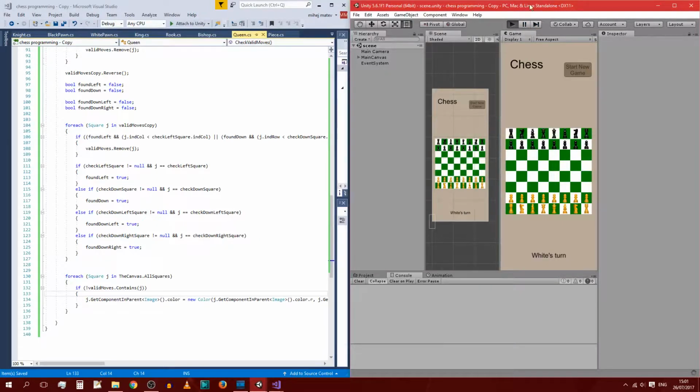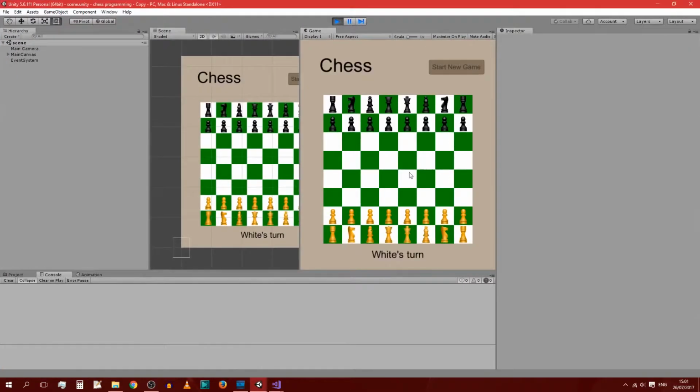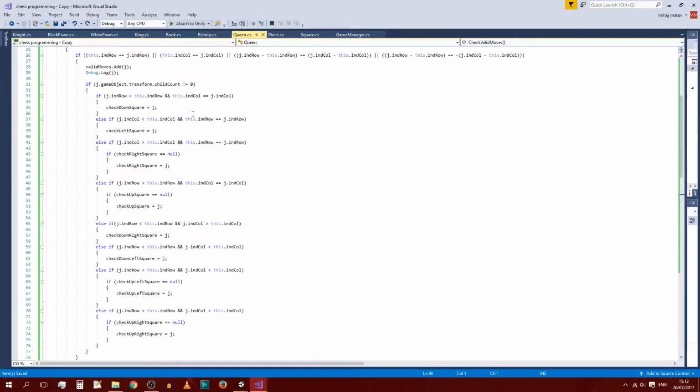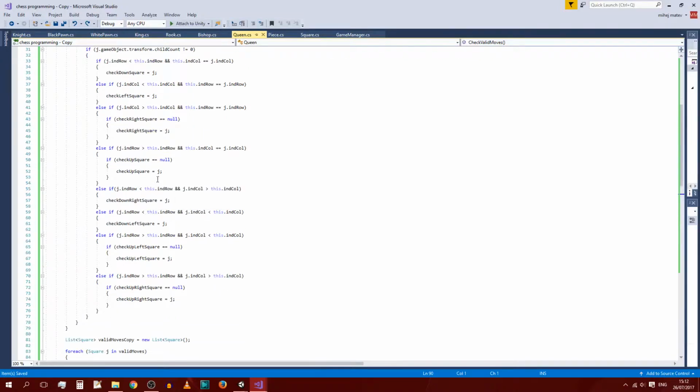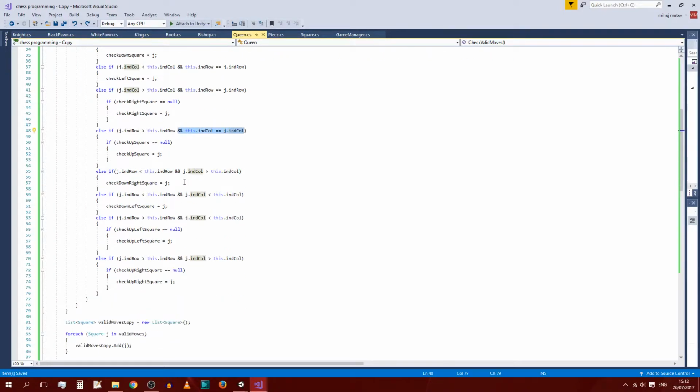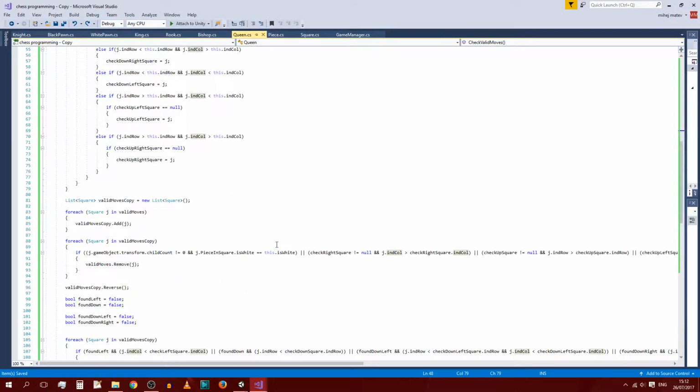Let's check. Full screen it. There is my queen. Oh, no, it's not. Okay, let's check what's wrong. So for similar reasons why up here we have to check where the rook's movements are, that they are equal, that the column is equal, we over here need to check that